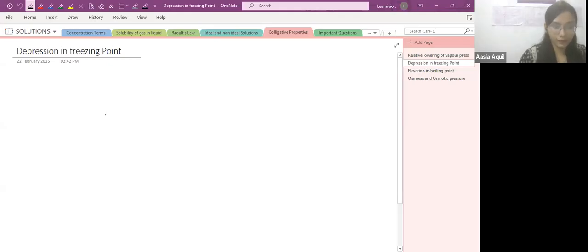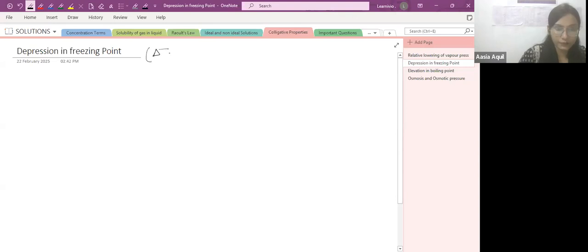So when you add a non-volatile solute in a solvent, the freezing point of a solution is always lower than that of the pure solvent, right? As the vapor pressure of the solvent decreases in the presence of non-volatile solute. And this difference in freezing point is known as the depression in freezing point, which is denoted by